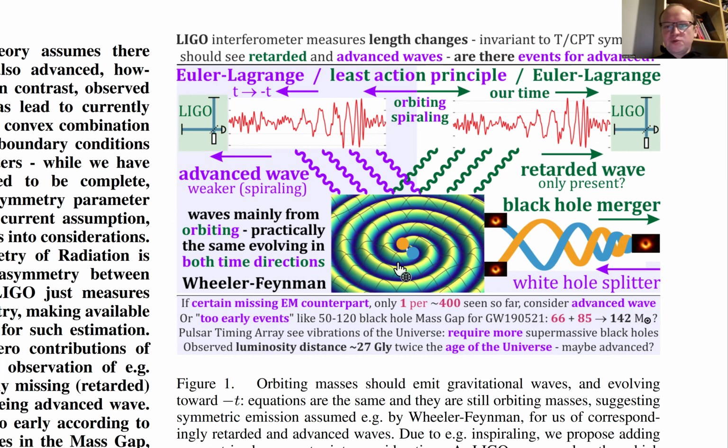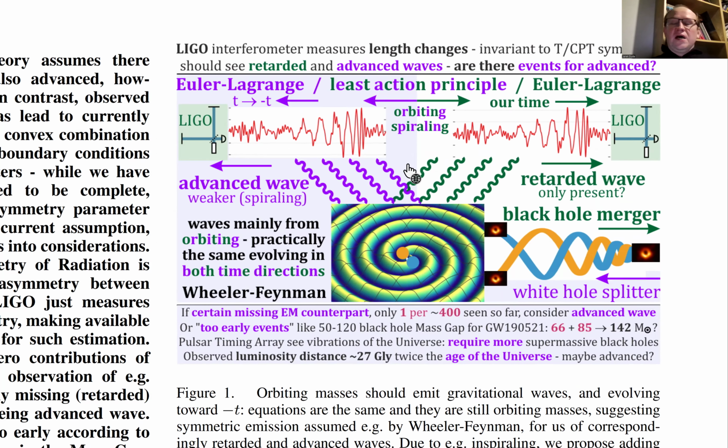But this is a very symmetric situation. We could evolve it forward in time, but we could also switch time and then evolve it. So in both views, they are just orbiting masses. Here they emit waves, so why not also in this perspective? This is generally called the Wheeler-Feynman absorber theorem, that we should have both the retarded wave later, but also the advanced wave, earlier. More or less, not exactly, but both chirps should have similar shapes for this spiraling they see in LIGO.